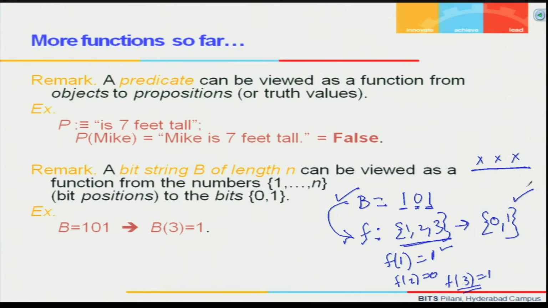Discrete object. In this case, when you give me a bit string like 101, I can always say no, it is not a bit string, it can be equivalently represented by a function that is acting from {1, 2, 3} to {0, 1}, and I define the function like this. Then this function is actually equivalent or the same as the bit string 101.